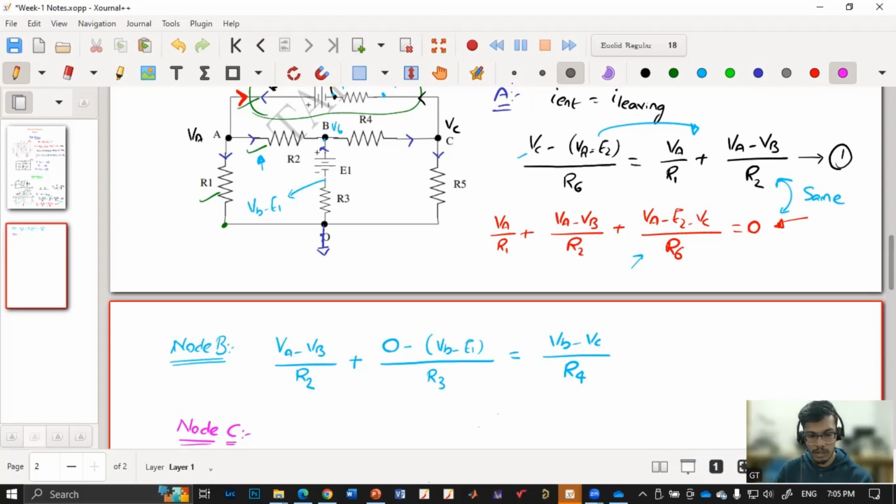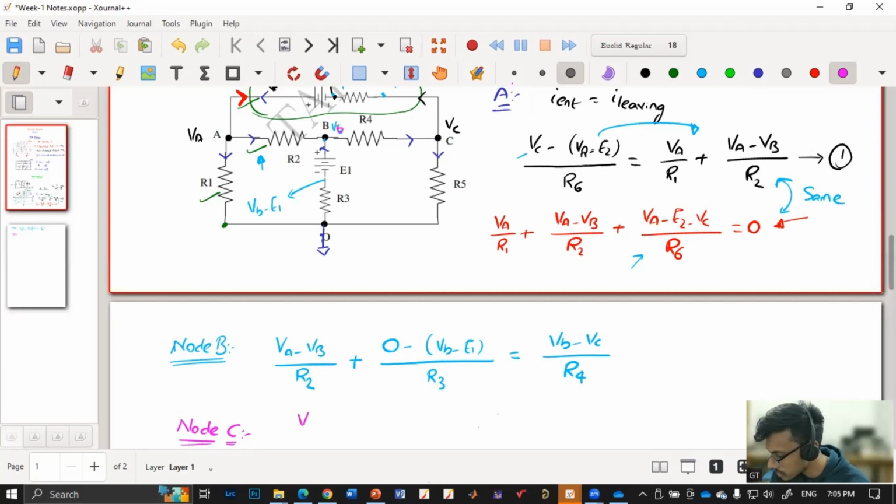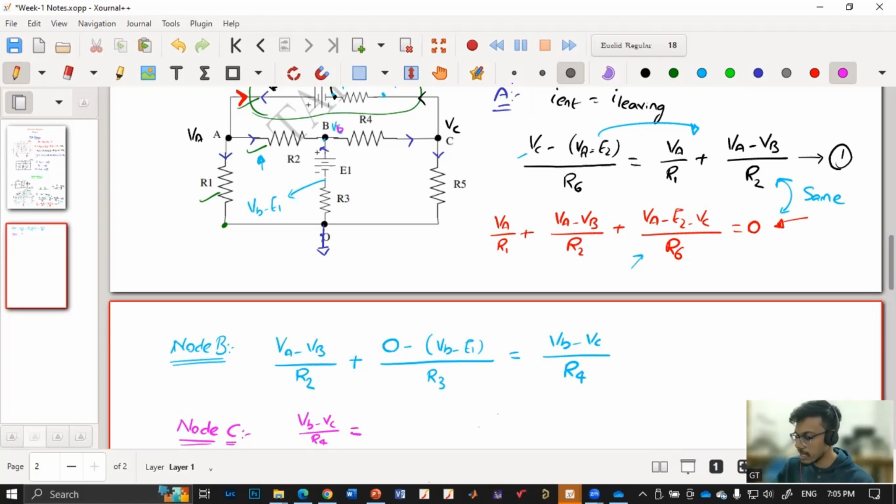VB minus VC by R4. Actually, this is VB, sorry if it looks like 6. VB minus VC by R4. This is the current entering, and the current leaving in this branch